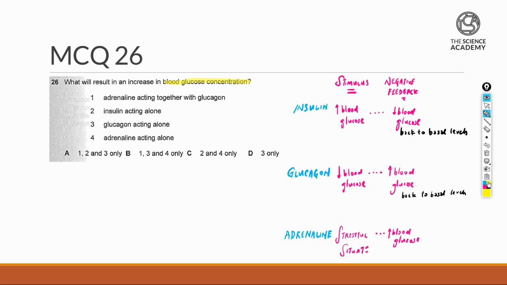So the question here is looking for an increment in blood glucose as an effect. So glucagon as well as adrenaline does give rise to the effect itself. So adrenaline acting with glucagon, that is fine. Insulin will bring blood glucose level down. Glucagon acting alone will also cause an increment in your blood glucose, although it just brings it back up towards the physiological level. Adrenaline again mimics the effect of glucagon and therefore can also increase the blood glucose level. So we're looking at the answer of 1, 3, 4, which aligns with option